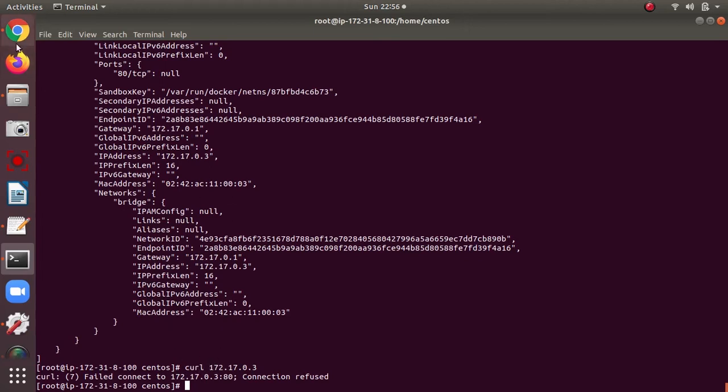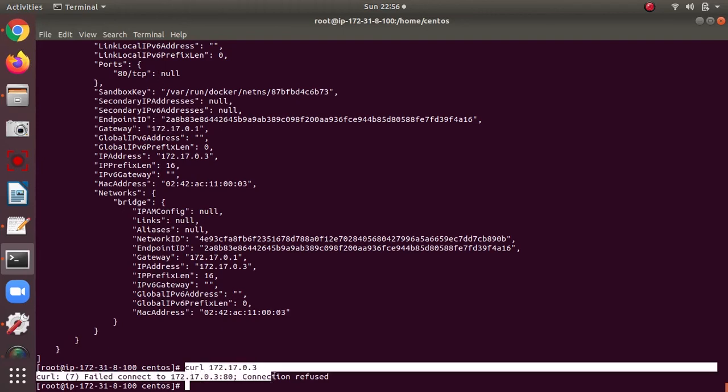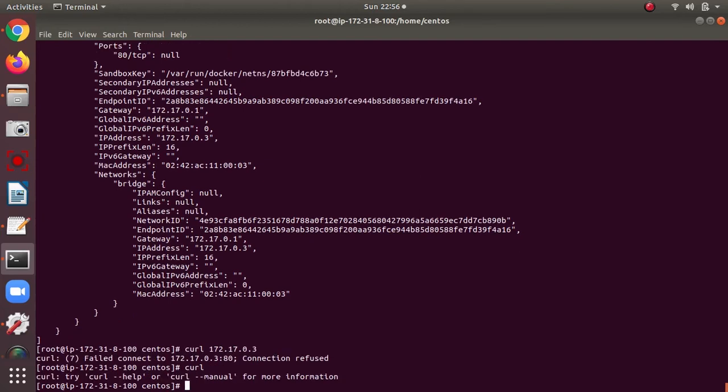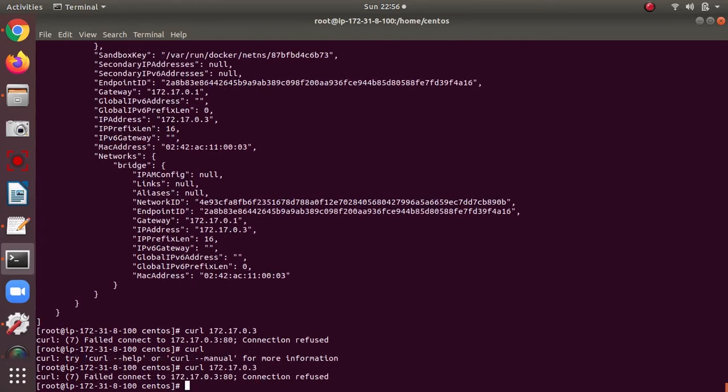Whatever you type in the browser, like HTTP and the IP, it shows the Apache default page. I want to see the default page, but I am not able to.